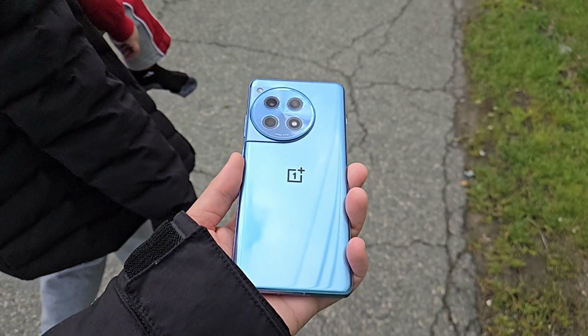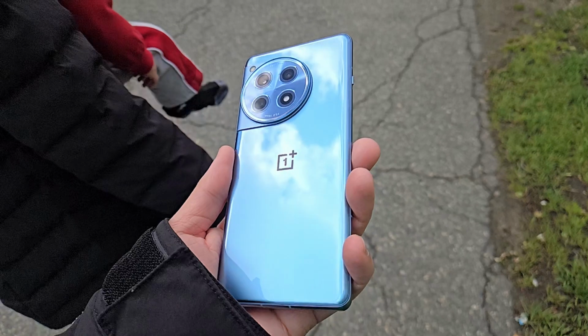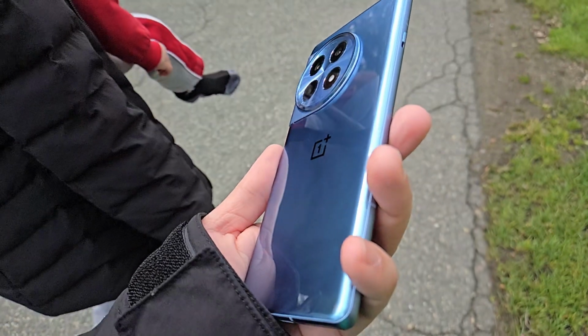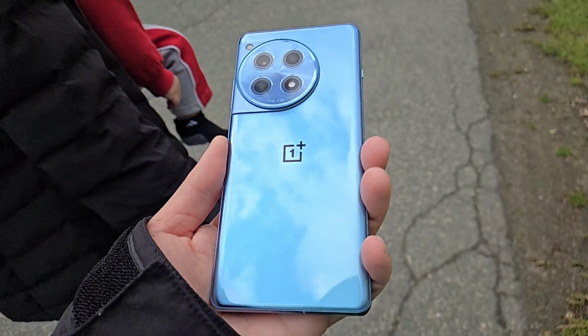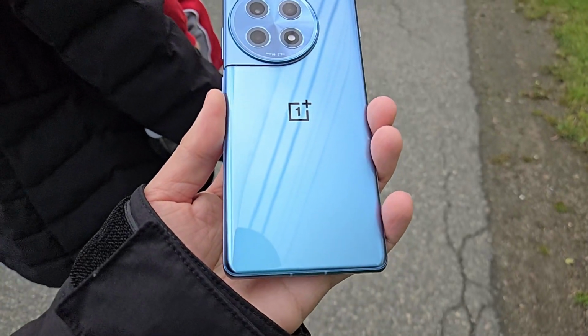Most normal consumers should get it if they're just looking for a strong powerhouse phone to play games or watch videos and have a really long battery life. This is the phone to beat. Unfortunately, most people are just going to get iPhone and Samsung just because that is what they're familiar with. They have stronger marketing power, but I think this phone goes unnoticed, and there's really a lot to like about